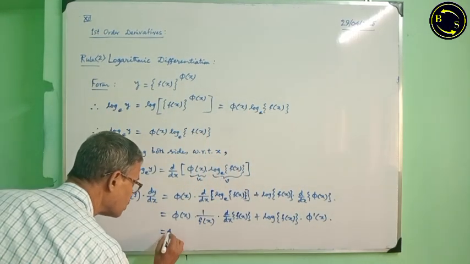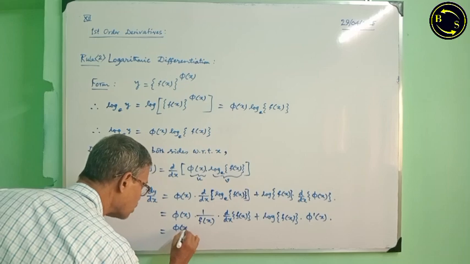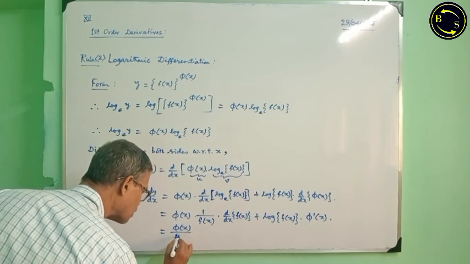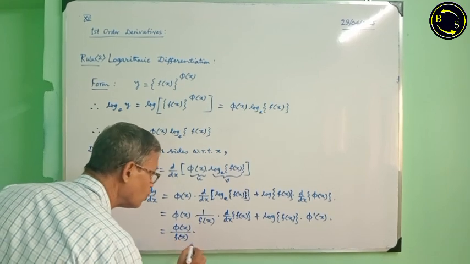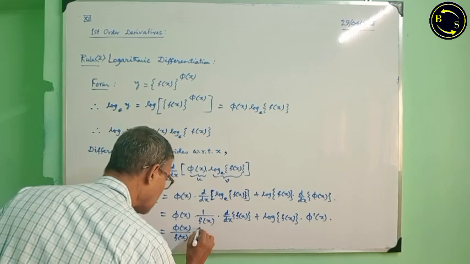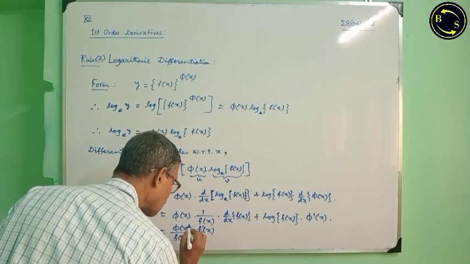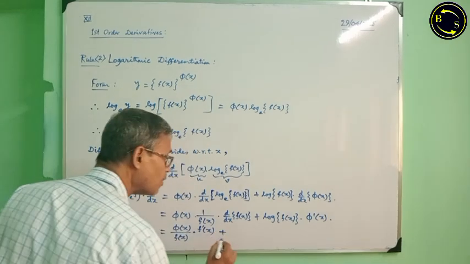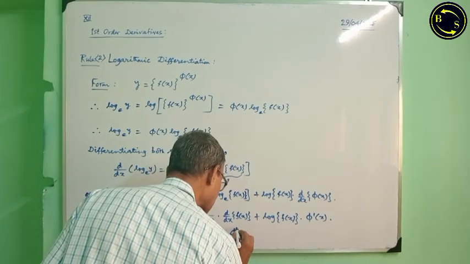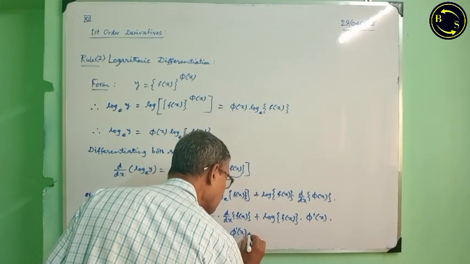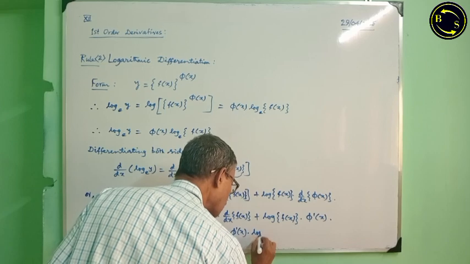Therefore, this is phi x by f x into f dash x plus phi dash x into log of